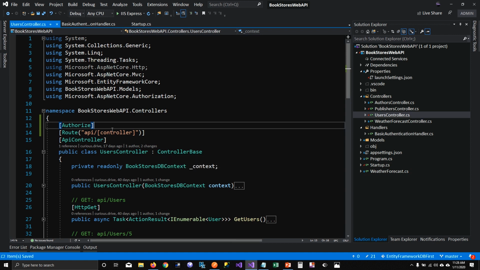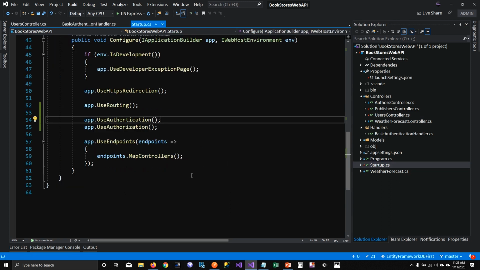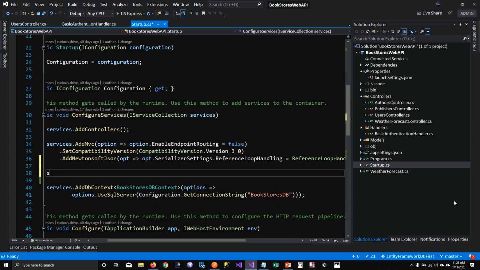And you can use this authorize attribute on any of the functions if you want to. All right, so we have authorized. We want our controller to be authorized, but our controller doesn't really know which authentication to use, right? To make these two ends meet, we'll have to go to our startup class again and tell our services that